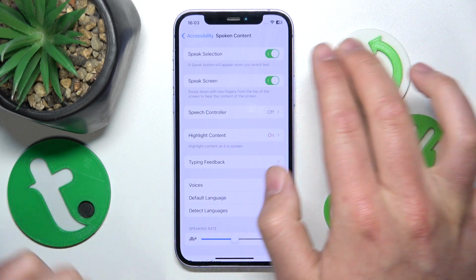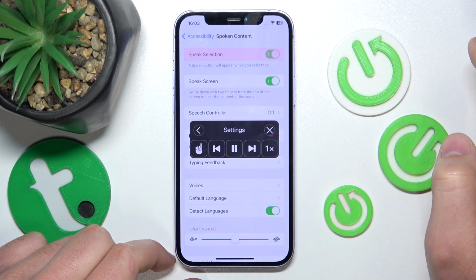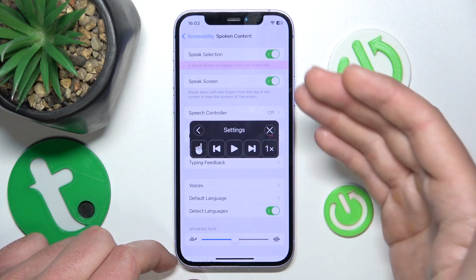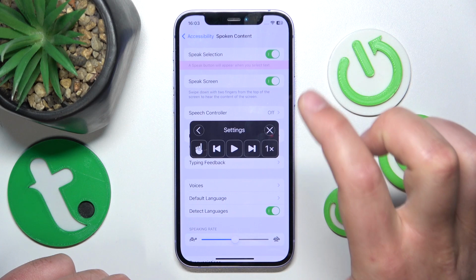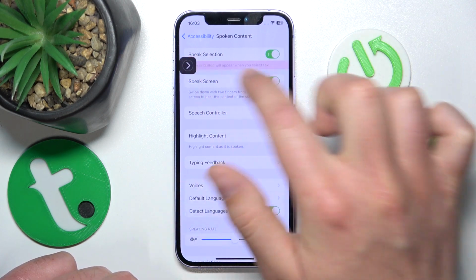So what you want to do is take 2 fingers and swipe from the top, and the iPhone is going to speak the content that is actually on your screen from the top to the bottom. (Speak Selection on. A speak button will appear when you select it.) And the controller,